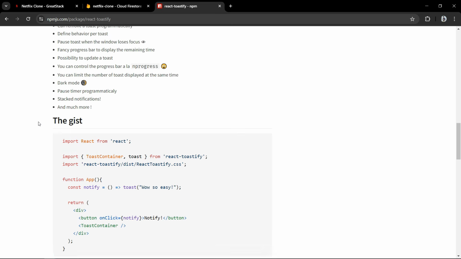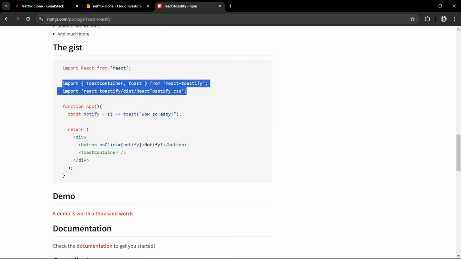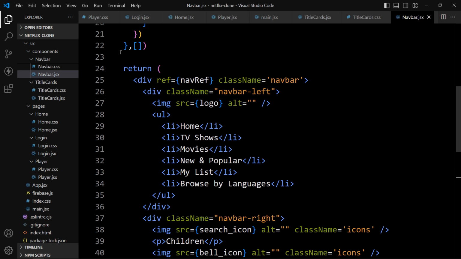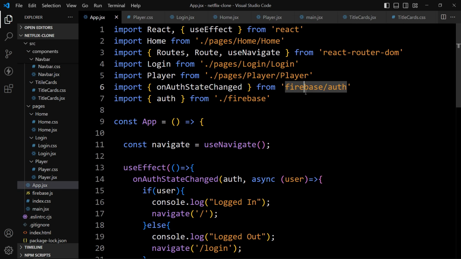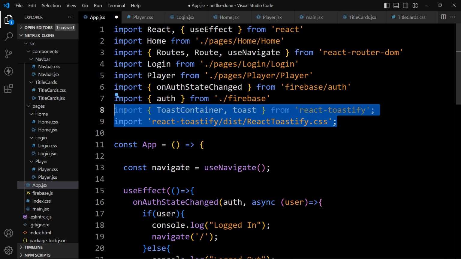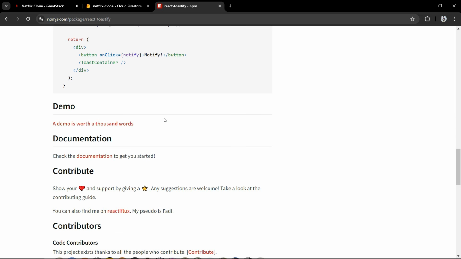Now we can use this Toastify package on our web page. For that we have to add this one. So we have to add this import statement. So let's copy this one and we will open app.jsx file. So let's select app.jsx file. In this one we will paste this import statement like this, and after that we have to add this toast container.